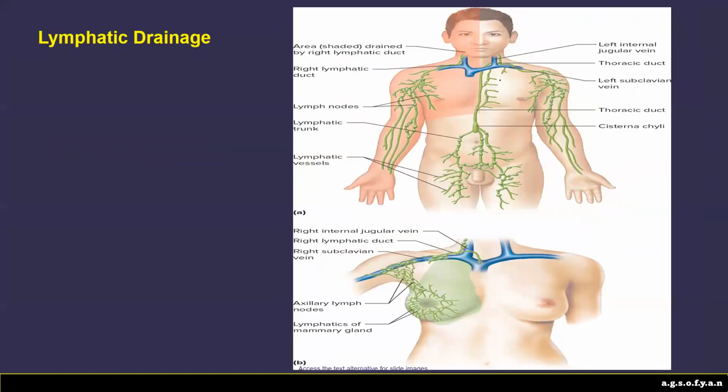Okay, this one may be easier to see, the difference between the thoracic duct and the right lymphatic duct over here. As you see, the thoracic duct receives fluid from the lower part of our body and also the left side of our body. So all of them will go to this thoracic duct,